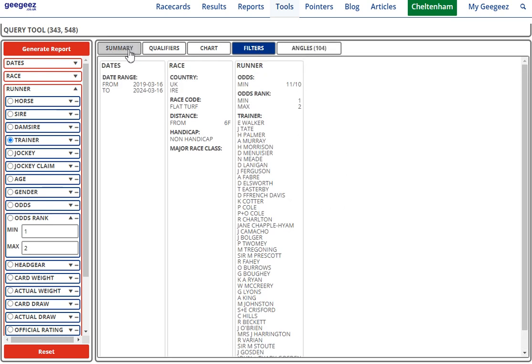Yeah, I'm fairly happy with that. So what this means is that whenever one of these guys has a favourite or a second favourite at minimum odds of 11 to 10, follow that system. Now, what it's also good for is, let's say you have